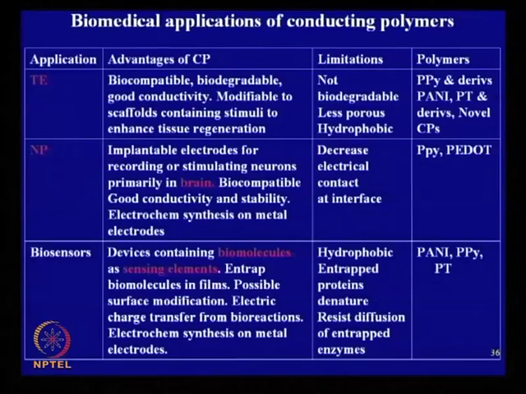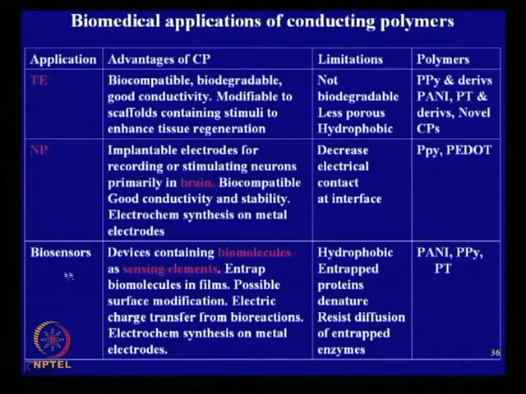There are also applications in tissue engineering. T means tissue engineering, NP means neural probe applications, artificial neural probe for sensing. In sensors, I will show you some photographs or diagrams, and in biosensors also. In all these cases, conducting polymers are used. Conducting polymers are used in making semiconductor devices. You will be surprised to see that such conducting polymers are used in the biomedical field also, in heart valves, for drug delivery, or artificial muscle,